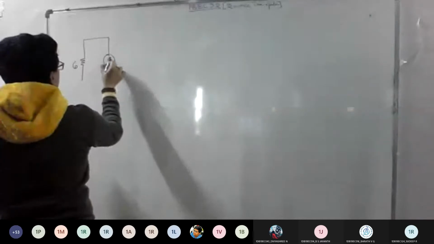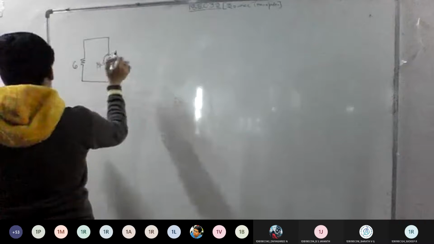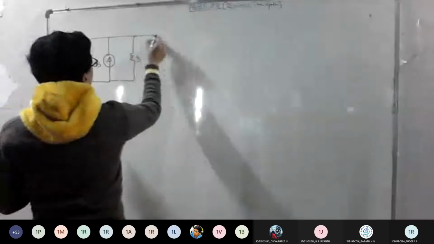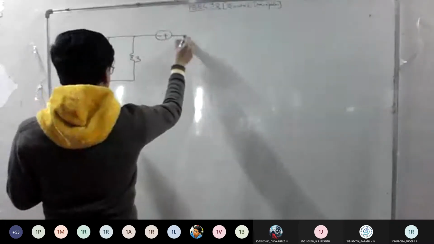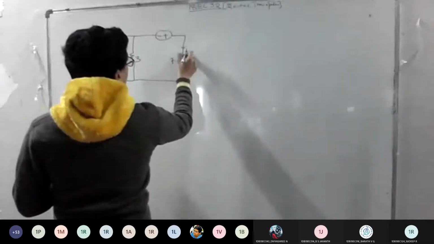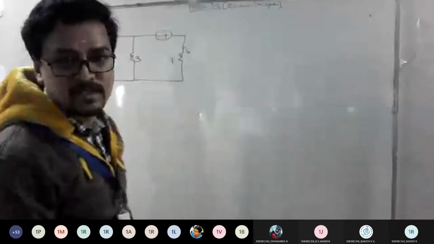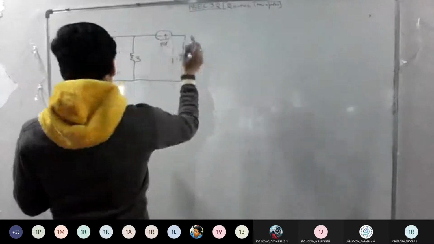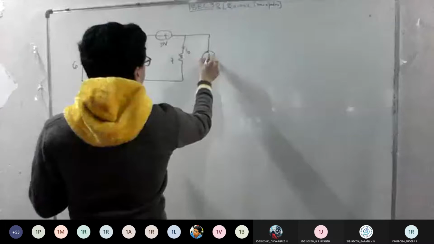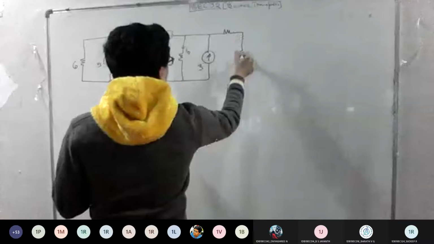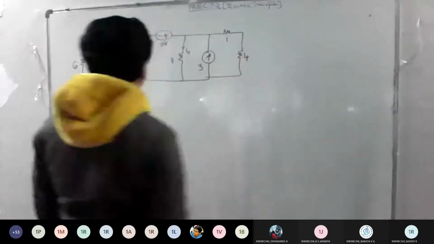So they've given a network here. Just copy the network. The value of the current source is given as 5, a resistor is 6, and one more resistor is there. They have given one voltage source here. I naught is here, so you need to find the current across the 7 ohm resistor. There is one more current source, and there are resistors of 1 ohm and 4 ohm. So this is the given question.